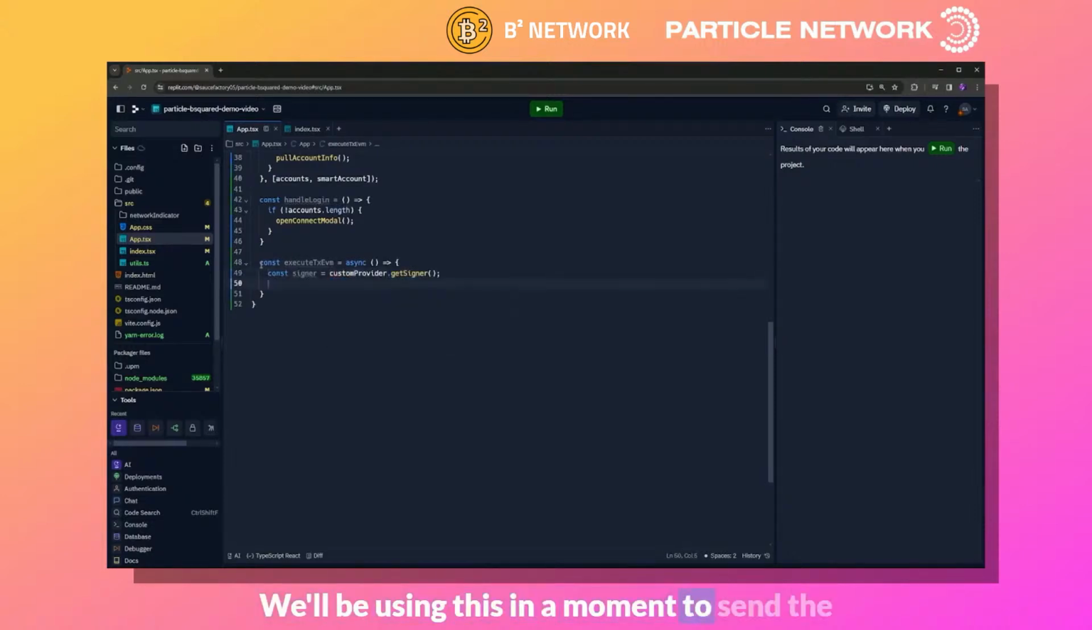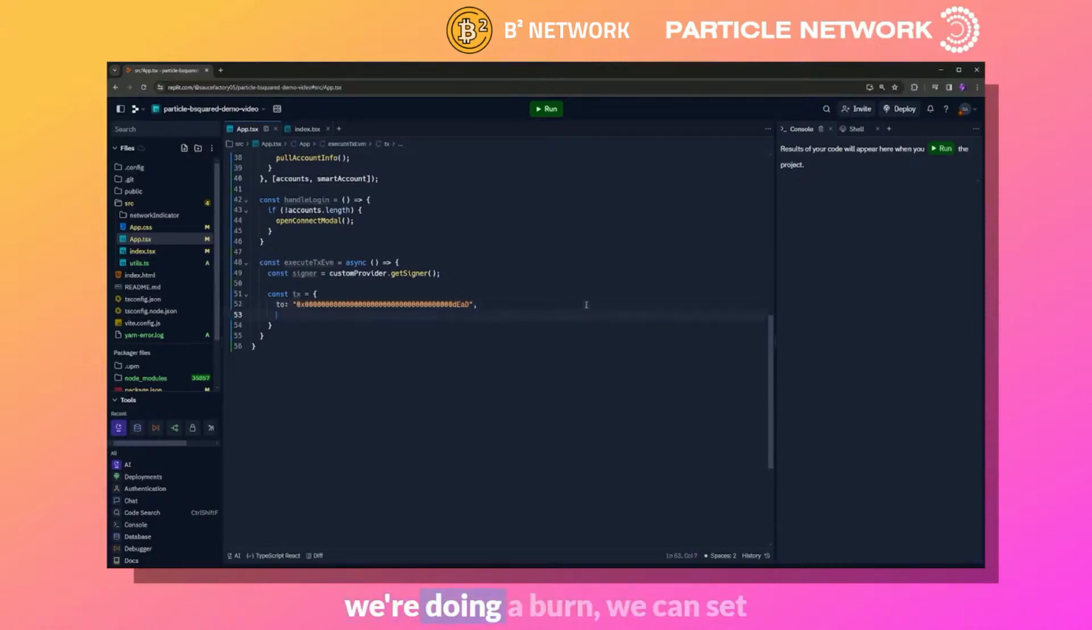We'll be using this in a moment to send the transaction, but beforehand, let's go and define our actual transaction object within tx. If you've used Ethers or Web3.js or any other standard framework before, then you're probably familiar with the structure. We're basically going to be doing the same thing as you would on any other network within any other account by simply defining things like to, and in our case, because we're doing a burn, we can set this data address right here. Then we can set the value as